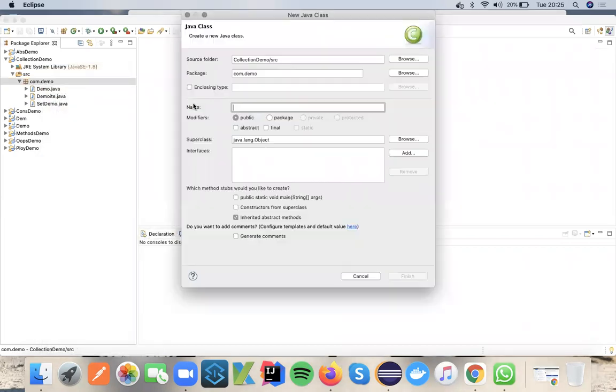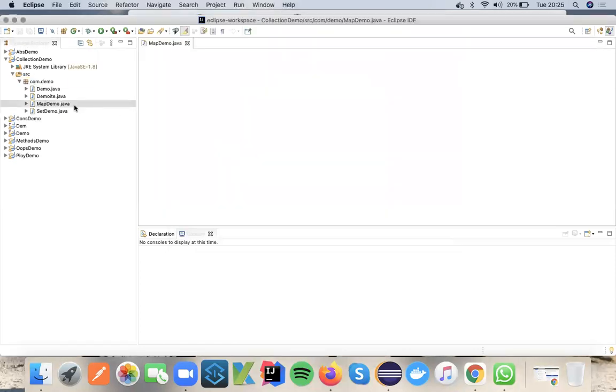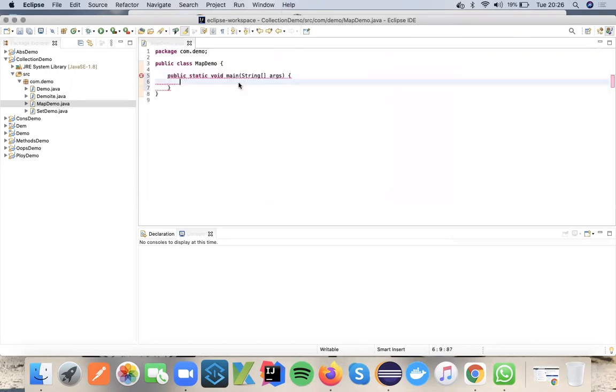So what is a map and how many classes do we have in the map? Everything we discussed at a high level, so now we will discuss in depth. First, let us recall what we discussed about the map. When I say map, it is a kind of key value pair. We can insert two entries at the same time and those are associated, meaning there is a relation between the key and the value which we are storing. That is nothing but a key value pair.